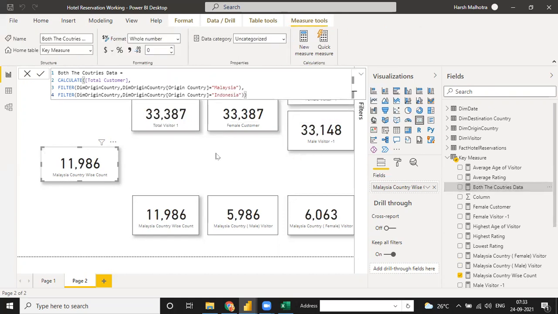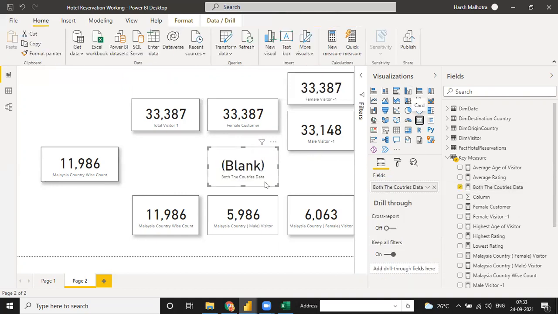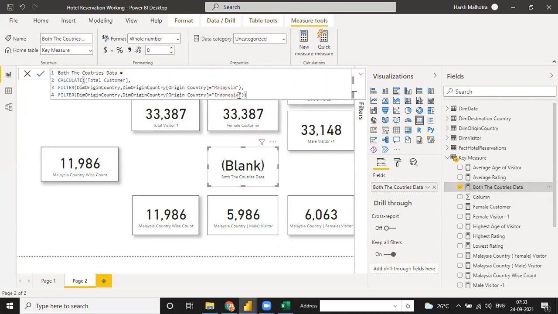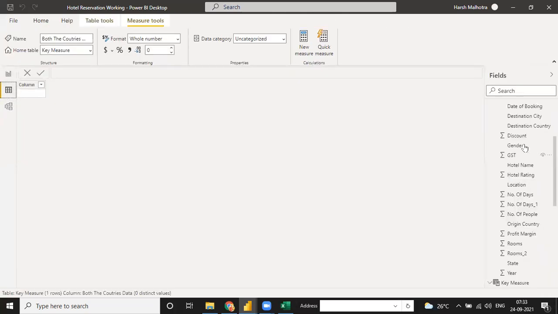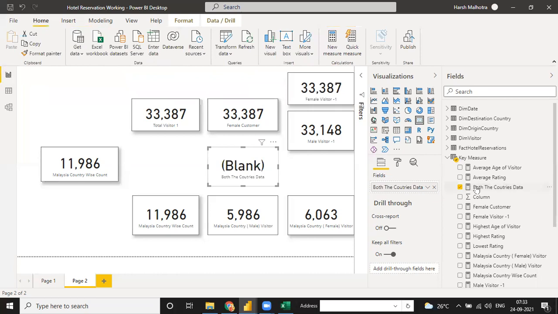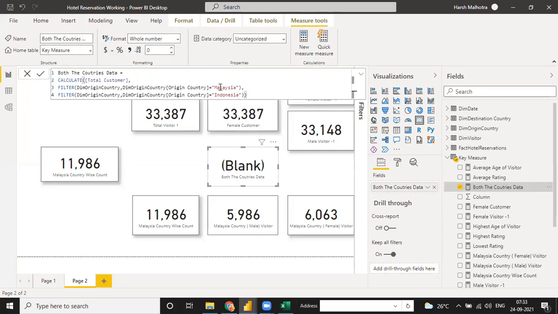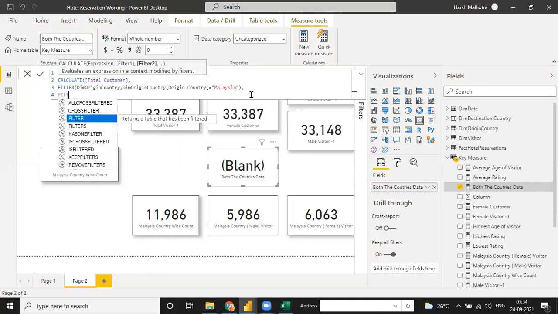Go to the countries. Click on this. Go to the countries. Why is it showing public? Dim origin country filter. The formula is the same. I think there is some other issue with this. Let me just check, because the formula is the same. Maybe some relationship is missing. Maybe some dot is missing here. Okay, sir, I can try from my end, sir. Because the formula is a correct function.